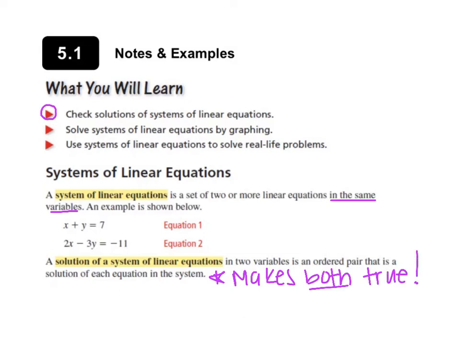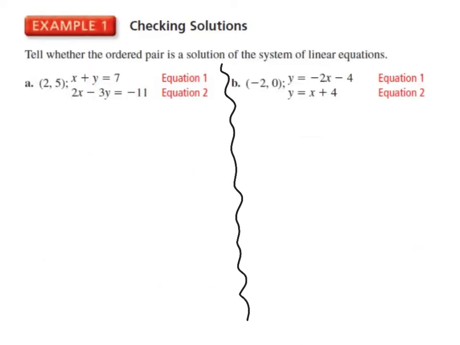So in example 1, when we're checking solutions, we just want to show whether or not the value it gives us makes both equations true. If we take a look at that example, it says tell whether the ordered pair is a solution of the system of linear equations. So what we have to make sure is that both equations are true if I put in 2 for x and 5 for y. So if I check my first equation,